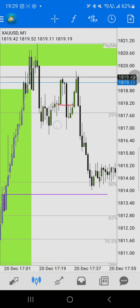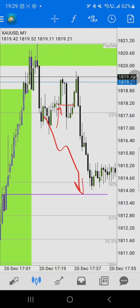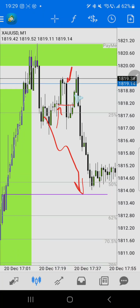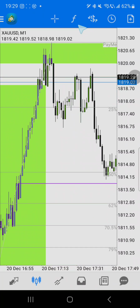When I saw this bullish candle over there, I kind of gave up on the idea of trading a bearish pullback. But after seeing this bearish candle, it had me thinking from a different perspective. So now I'm seeing, okay, I have sell side liquidity,